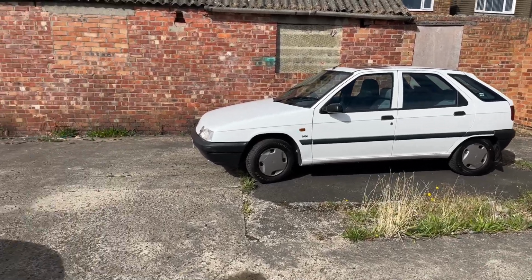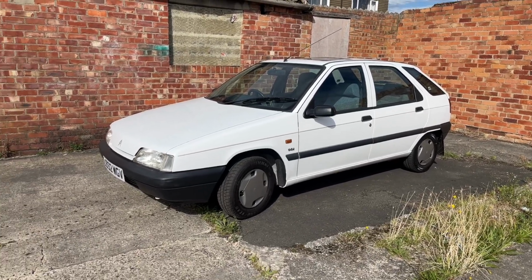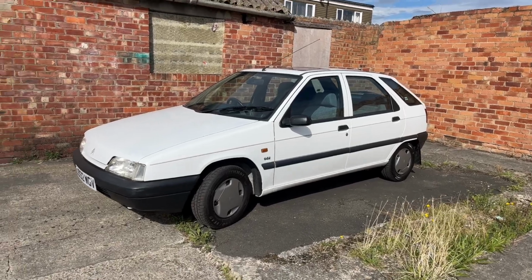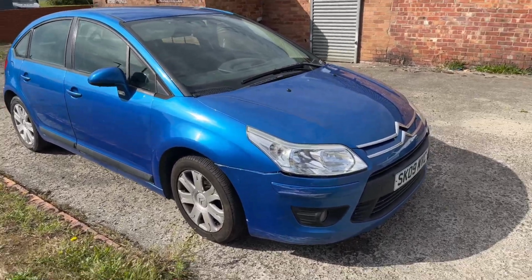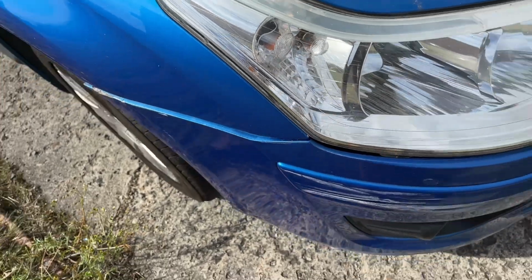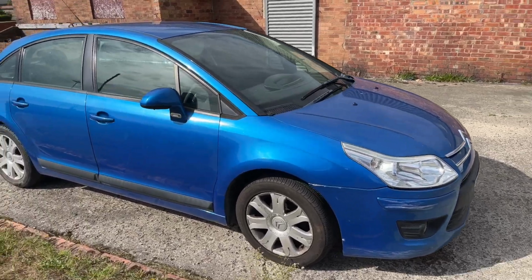There's one on at Durham, I forget its name. It's in Durham Centre, so if any of you are coming along, I'll let you know. So I'll be taking this ZX, so I'm keeping it here out the way of any cutting dust at home until they've finished doing what they're doing with the fence. We've got this C4 in for MOT. Gonna have to have a look at this bumper because I've actually just fixed it there, sticking out a bit. We'll give that a once over, and this has got the awful Prince engine in it, the 1600